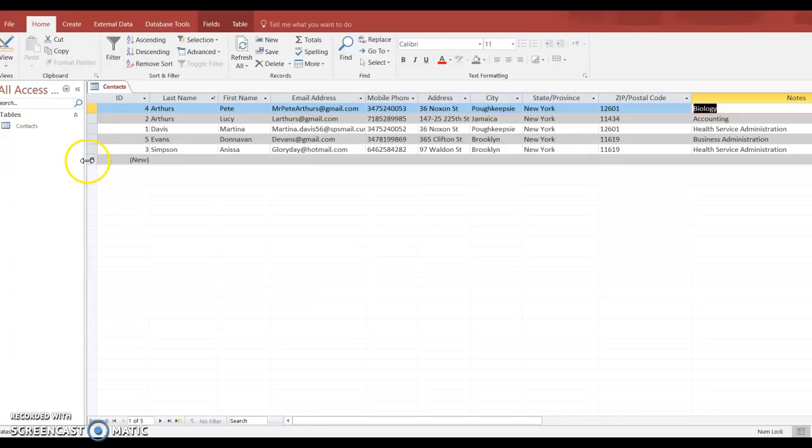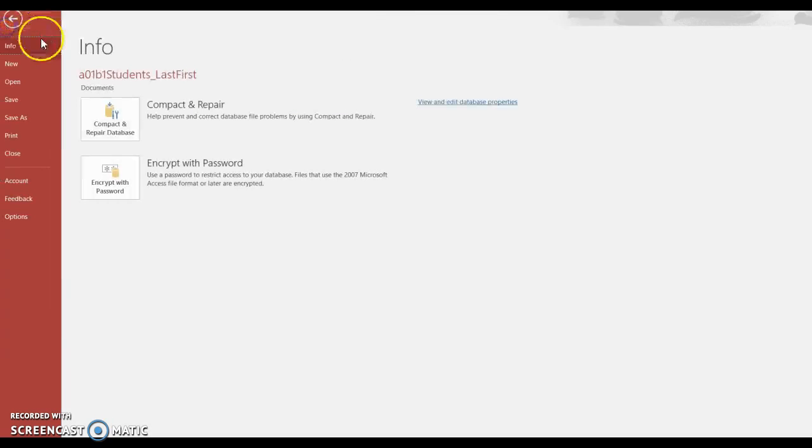Hi guys, so we were asked to create a new database sheet using Access, which is something that I'm just learning how to use. I never even knew my computer had it. So for the assignment, we were asked to create a new